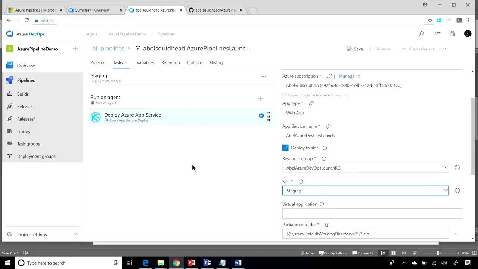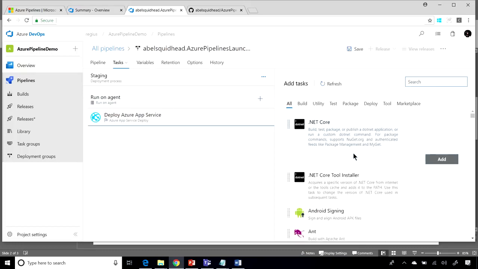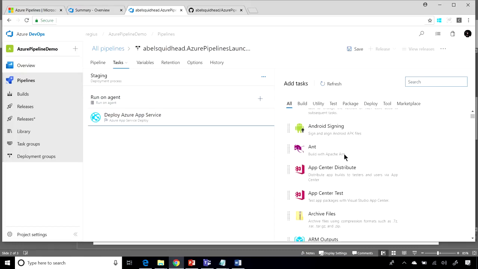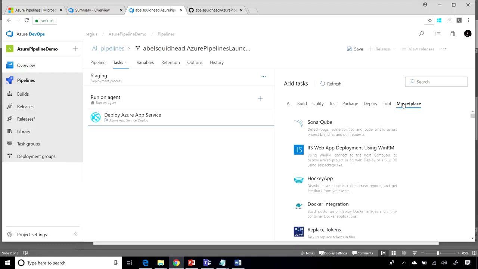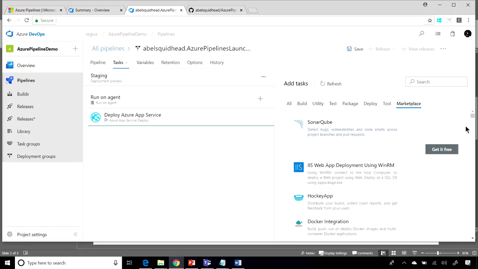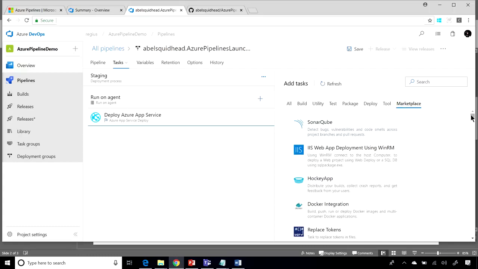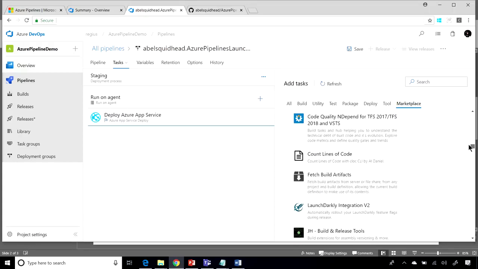Now, what if you wanted to do more than just deploy an app to Azure App Service? Well, to customize these release pipelines, what you would do is add and remove tasks. Now, out of the box, Azure Pipelines gives you about 100 tasks that you can just download and start using. Now, if what you want to do doesn't exist out of the box, it's not a big deal because you can go to the marketplace. In the marketplace, our partners have created over 700 build and release tasks